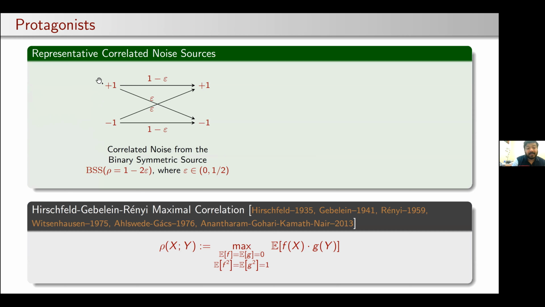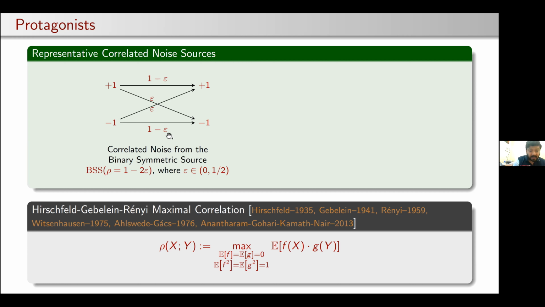I want to emphasize that in this talk, I will be using a multiplicative notation. So 0 represents +1, that is -1 to the power 0, and 1 represents -1, that is -1 to the power 1. And the second party receives a correlated bit, which is identical to the bit that the first party receives with probability 1 minus epsilon, and it is flipped with probability epsilon. I'm representing this using a parameter rho, which is 1 minus 2 epsilon, where epsilon is the probability of flipping